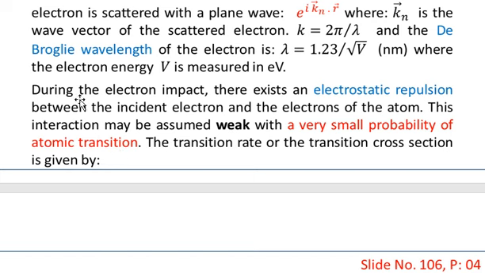So let me read this paragraph again. During the electron impact, there exists an electrostatic repulsion. Notice this point: there exists an electrostatic repulsion between the incident electron and the electrons of the atom. This interaction may be assumed weak with a very small probability of atomic transition. The transition rate or the transition cross section is given by